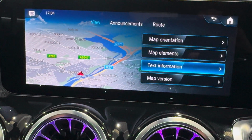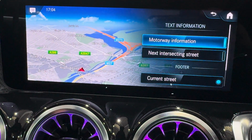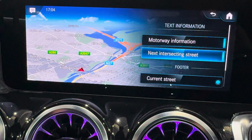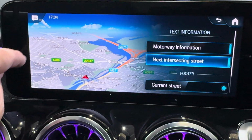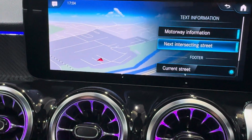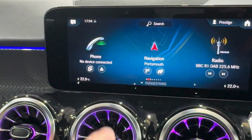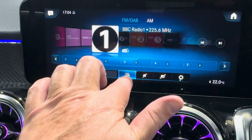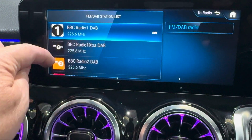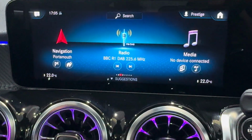Map orientation, map views, text information. Text information I think is motorway information, next in street. So this is information I believe from using these. It comes up in a box over on this side, a bit like you get on some of the other navigation screens. Obviously your phone, your radio, you can change the view, your DAB stations. And if we come out of there,